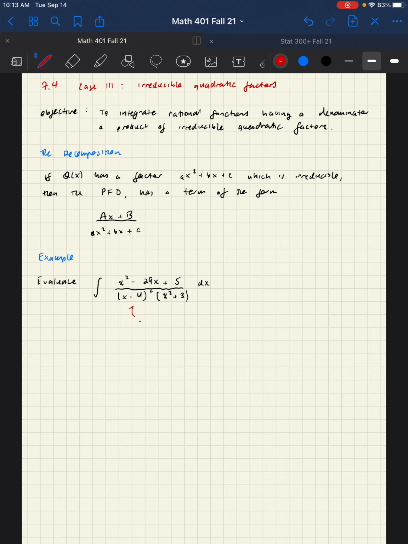So you notice that x minus 4 squared is a repeated linear term. So we're going to have 2 terms there, one with x minus 4 and one with x minus 4 squared. So repeated twice. And our irreducible quadratic form here is x squared plus 3. We know that this is irreducible because